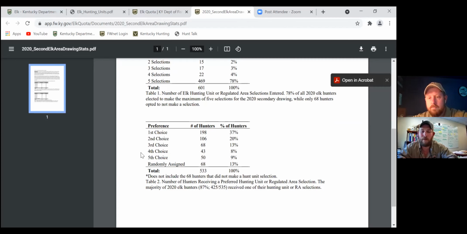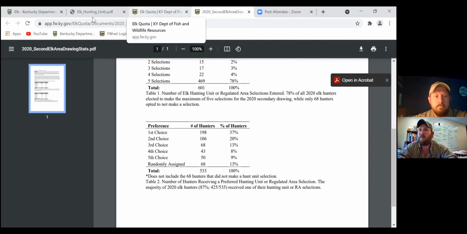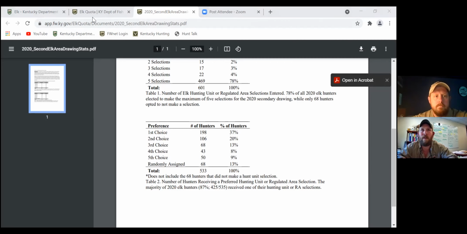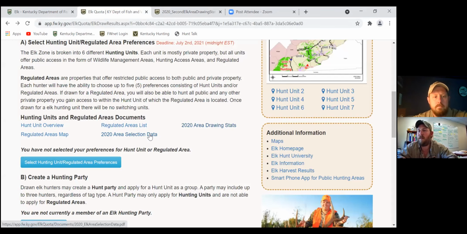Thinking back to regulated areas, there are some that are highly sought after and others that are less so. And we've got some new ones that we haven't had time to truly evaluate, much less a long history of good hunting on those areas. But maybe walk us over into that other page, which I think gives hunters a decent evaluation of the sought after